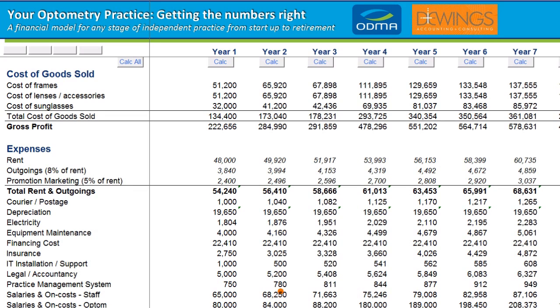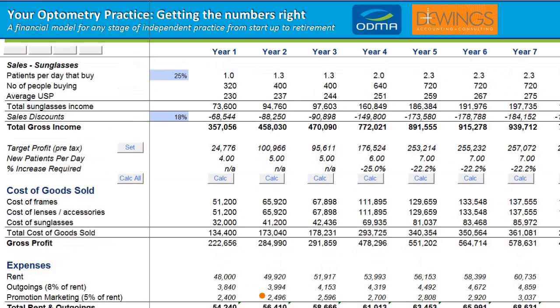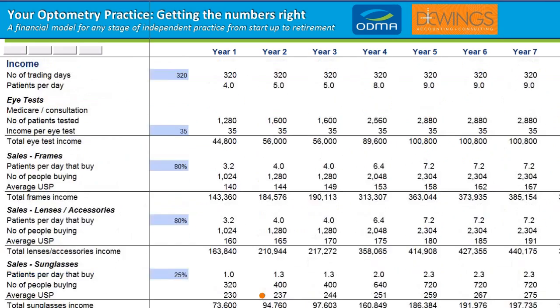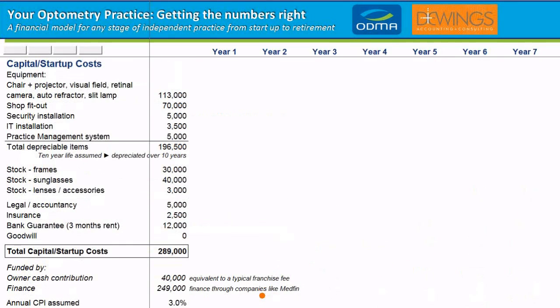Again, you're able to factor that into the model by perhaps improving the number of patients that come in through the door or whatever. But what it allows you to do is to test, based on your particular circumstances, if that's going to be a viable option or not. So, that's the model. The good news is that if you are an optometrist, either in independent practice or considering independent practice,